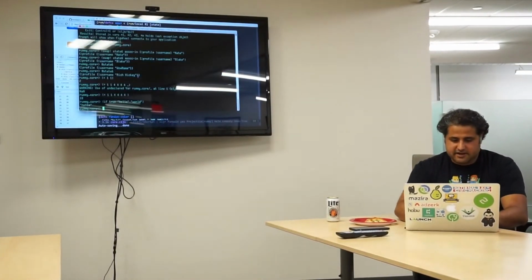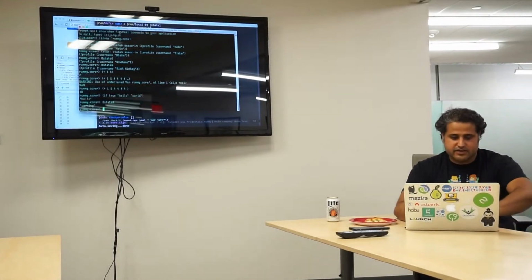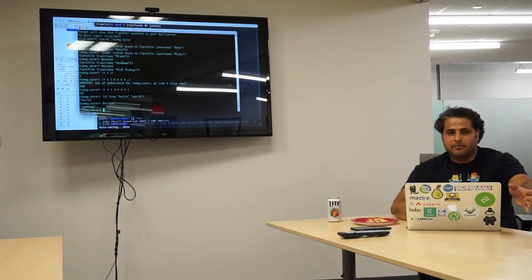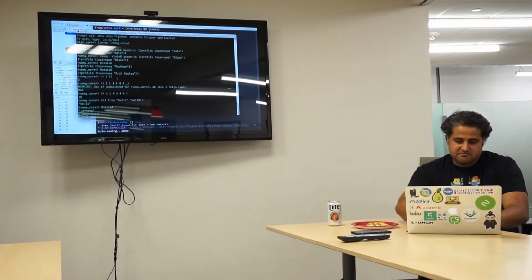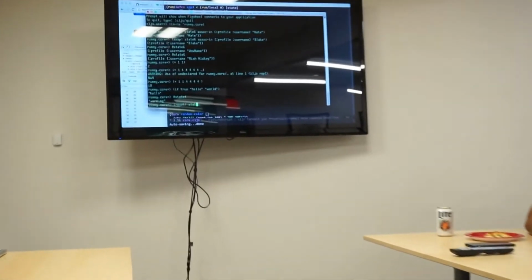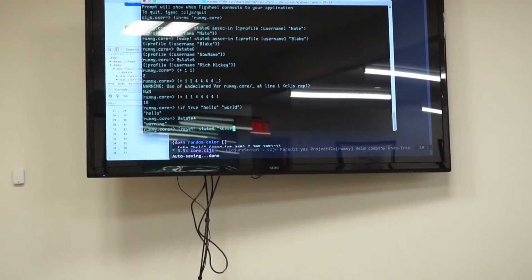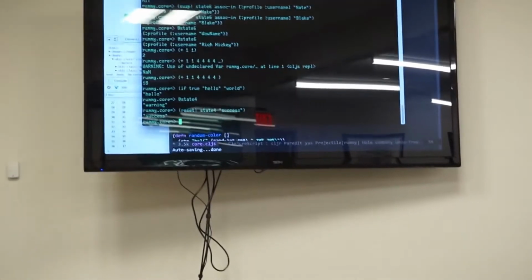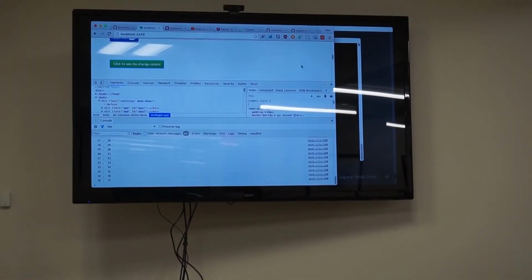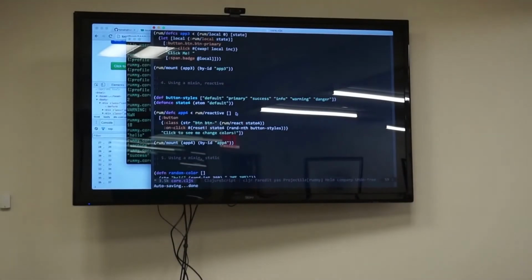Yeah. So if I have state 4 here, and this REPL, this is kind of like REPL-driven development. It's connected to my browser right now. So if I say reset state 4 success, it changes. Right. So that's. Does it hook like